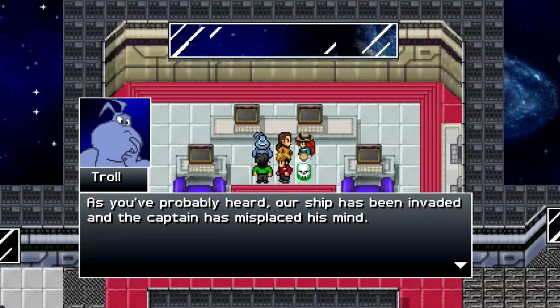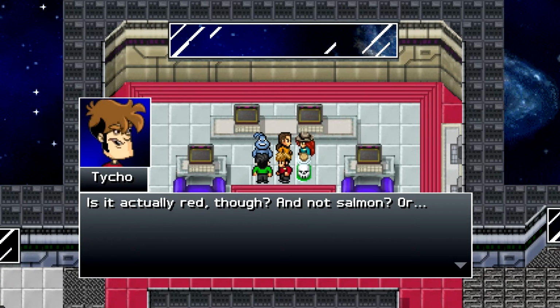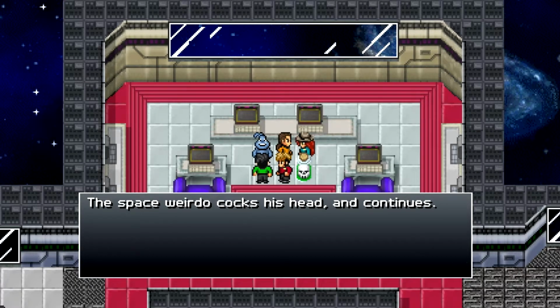As you probably heard, our ship has been invaded and the captain has misplaced his mind. It was very kind of you to beam aboard our vessel and attempt to excrete the help juice, especially with one of your number wearing the doomed red shirt. Is it actually red, though, and not salmon or...